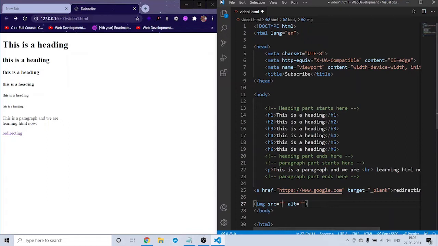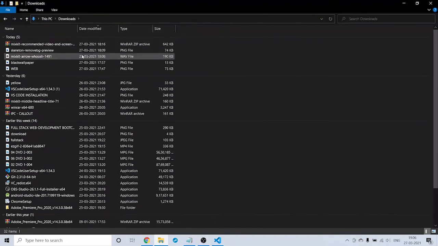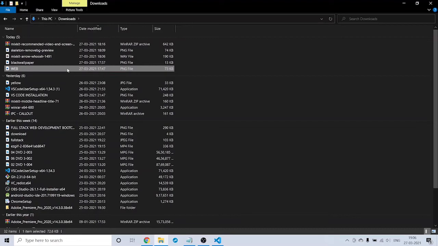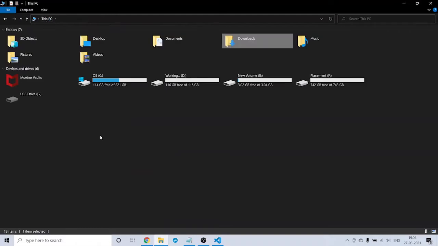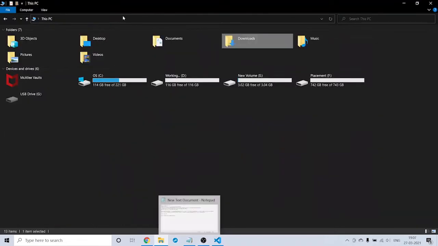For example, I have an image. In my file explorer, in downloads, I have this web image. I will copy that. You can also copy the path.